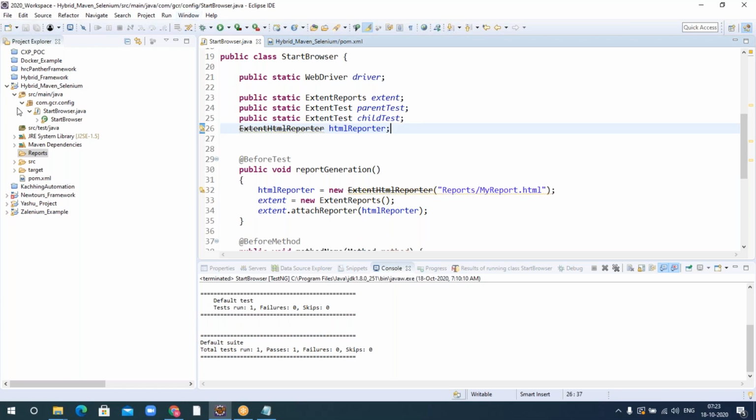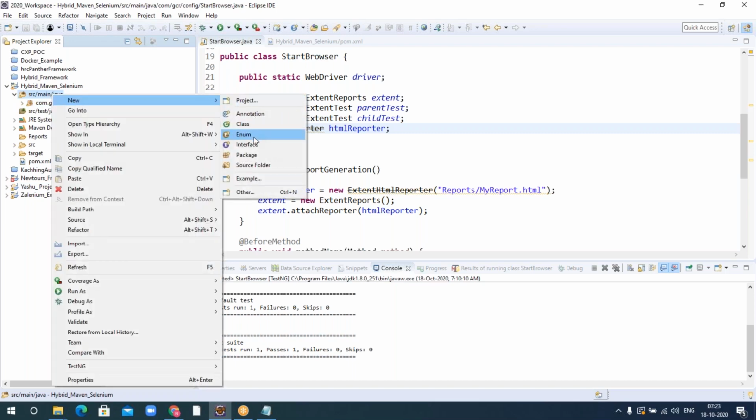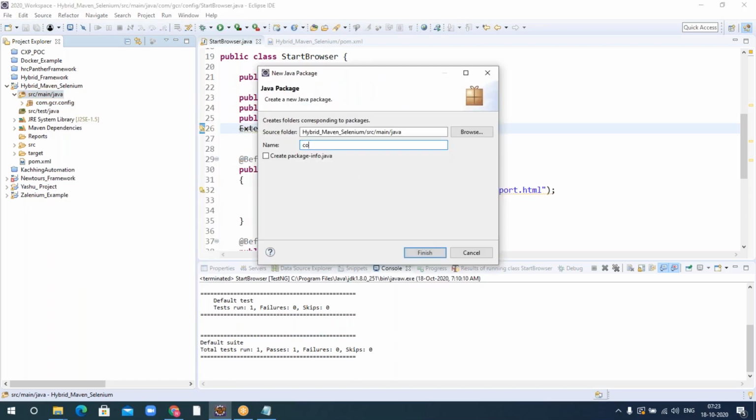So now let me create another package under src main java only, because this is related to the framework. We're going to create a new package here, com.gcr, as I told you, company name, dot wdcmds. You can give any name. For WebDriver commands, I'll just give the shortcut wdcmds.